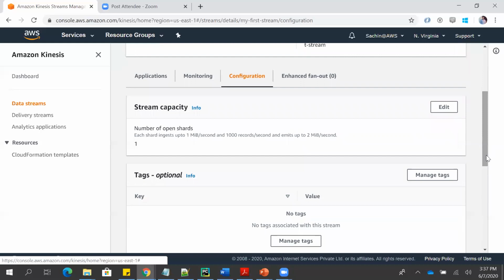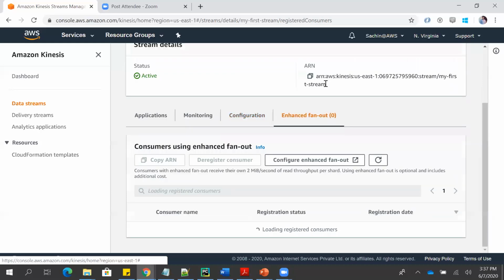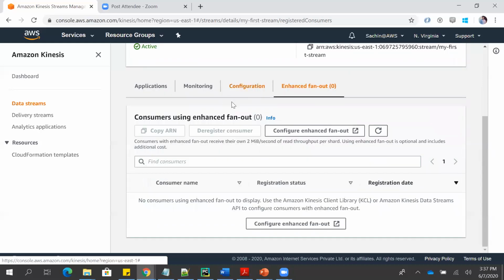So then in the configurations you can see this thing. So that is one thing. Then enhanced fan-out is a new feature which came, I guess, last year only. It basically improves your throughput. It's a feature which, when you add it with your data stream, improves your throughput,